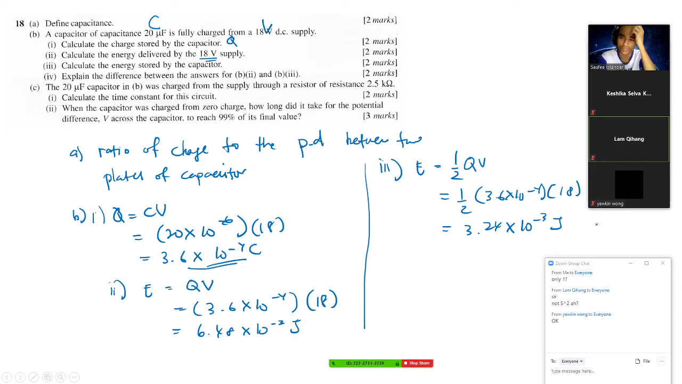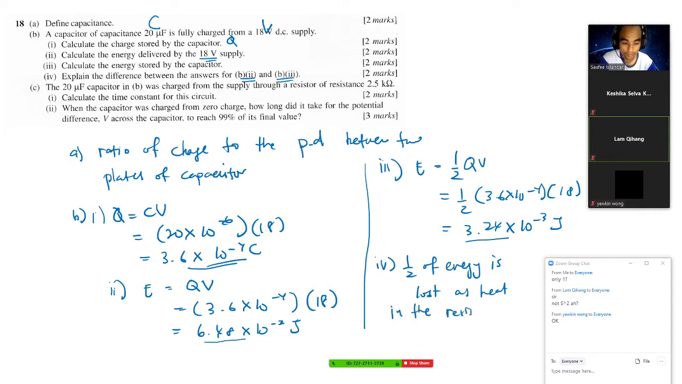Okay, explain the difference between answer B2 and B3. B2 we have 6.48 and B3 we have 3.24. Why? What happened? Why do we have a different answer here? It's because half of the energy is lost as heat, as heat in the resistance